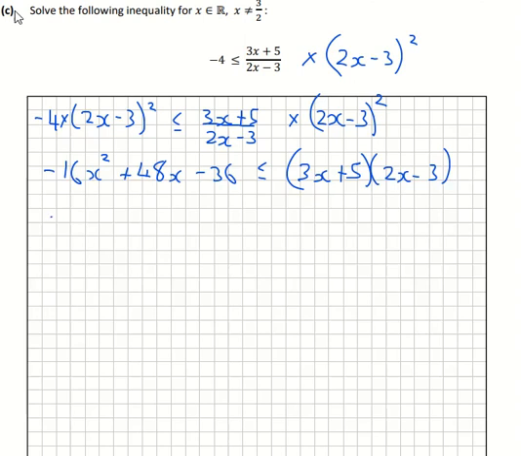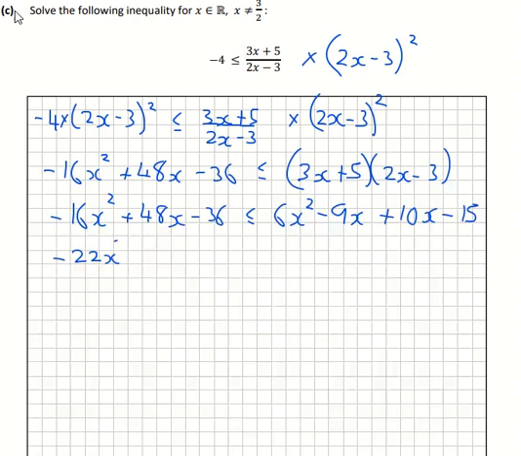So minus 16x squared plus 48x minus 36 is less than or equal to 6x squared minus 9x plus 10x minus 15. So take everything over to the left hand side and simplify, so that'll give me minus 22x squared,